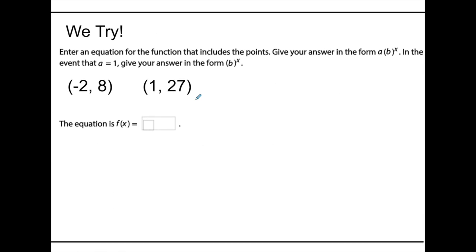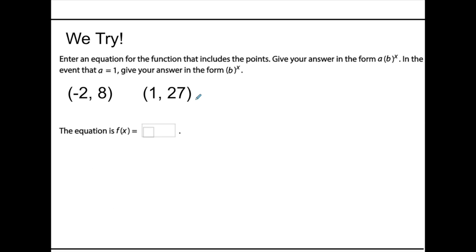All right, here's one for us to try. Let's take a look here. So first, notice it's not sequential. We're jumping up by how many terms? From -2 to 1, we're going up by 3. So we're going to go from -2 to -1, -1 to 0, 0 to 1. So what power of b are we going to associate with that? b to the third. Good job. Now, here it's going to be a little bit more complicated because I'm going to need to